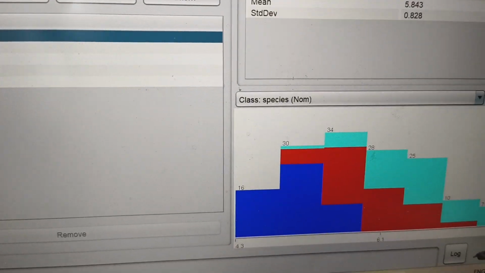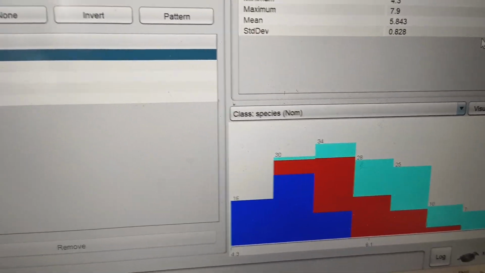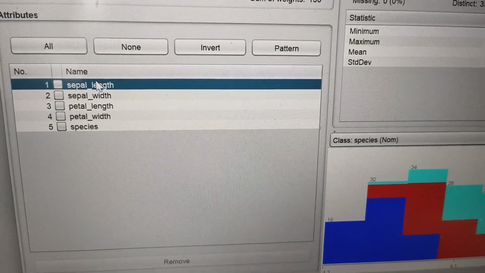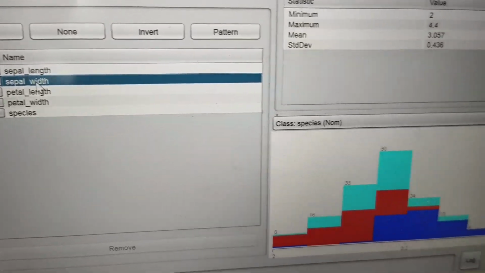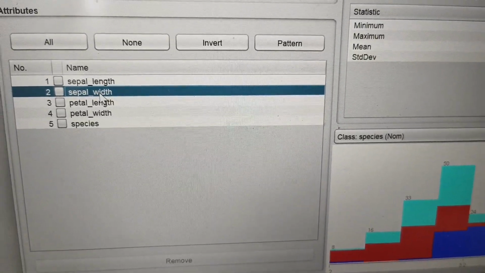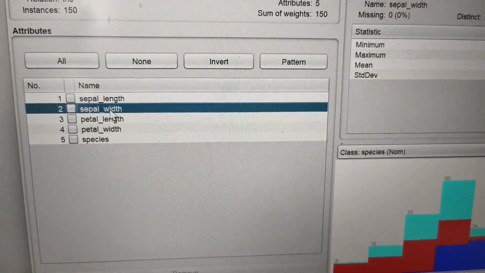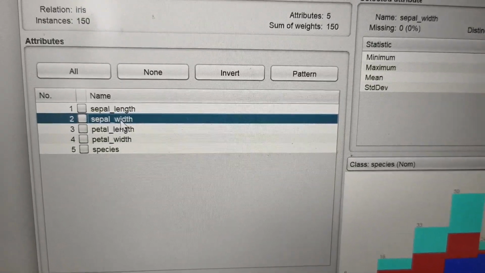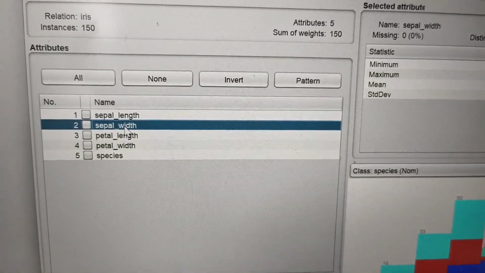If we select sepal width, this one is for the sepal width. Similarly, we can see for the petal length and petal width. So these 4 attributes are in the dataset.